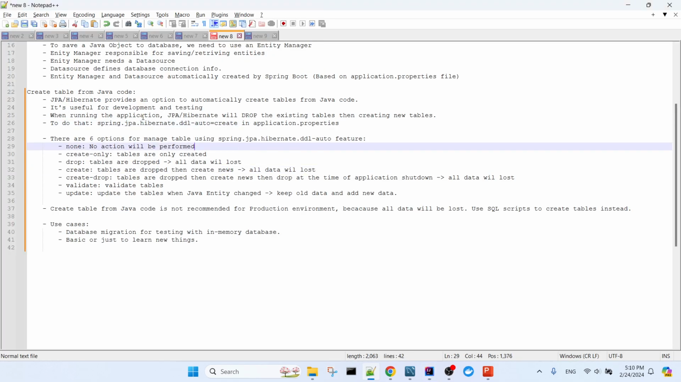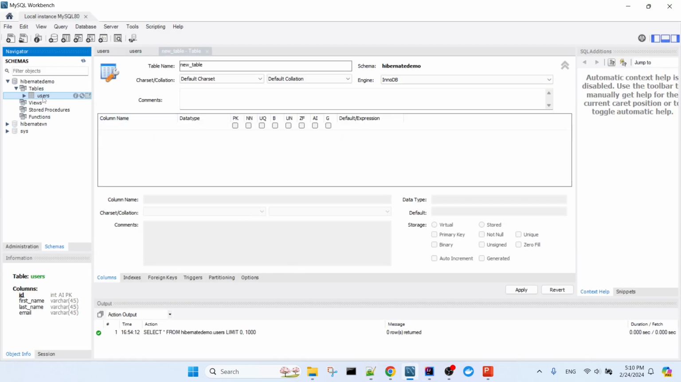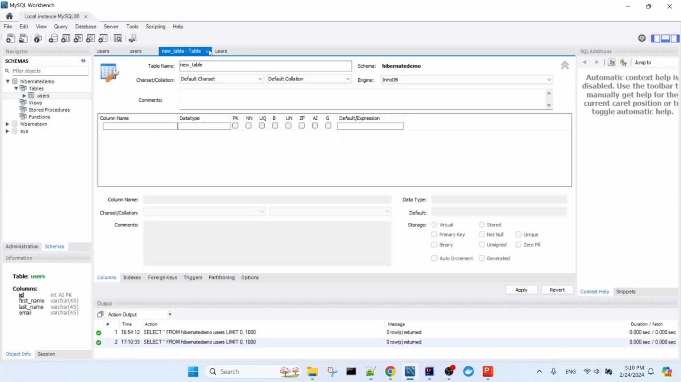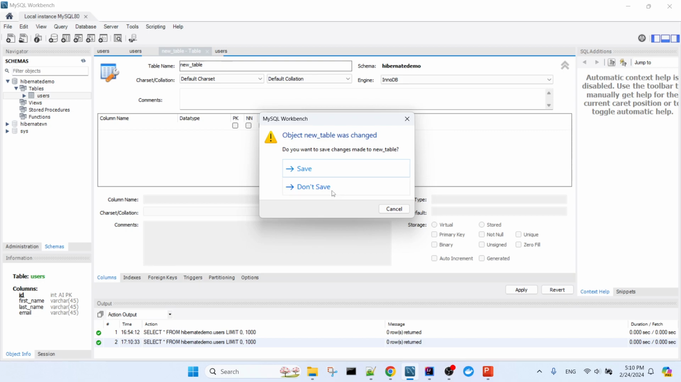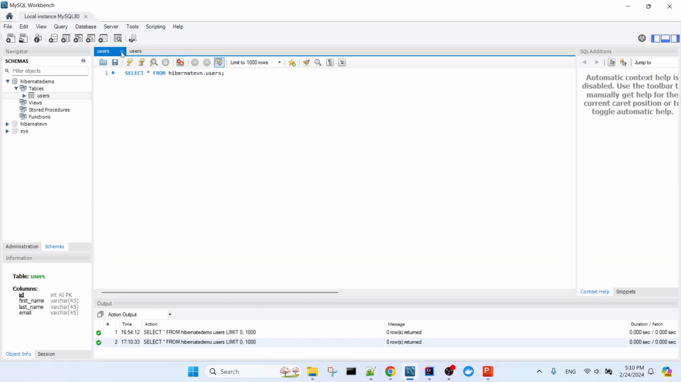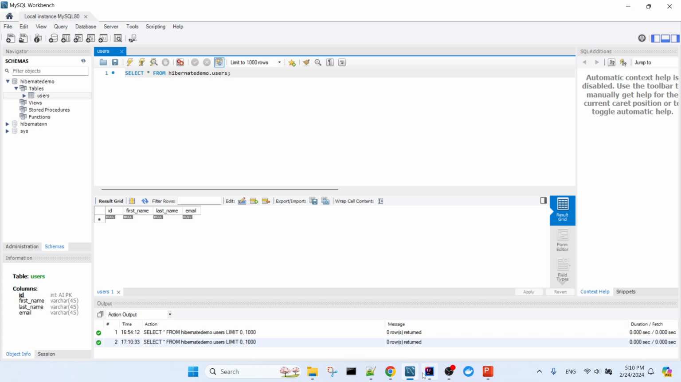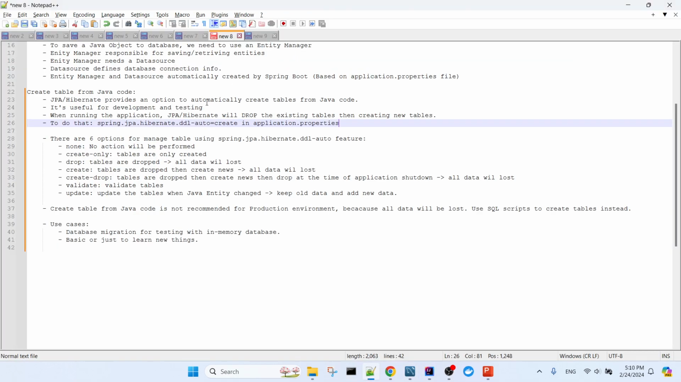But I want to point out something: when we add this property in the application properties and run the application, JPA Hibernate will drop the existing table, then create a new table. That means if I have a user table like this, I will save it. If I have a user table like this,